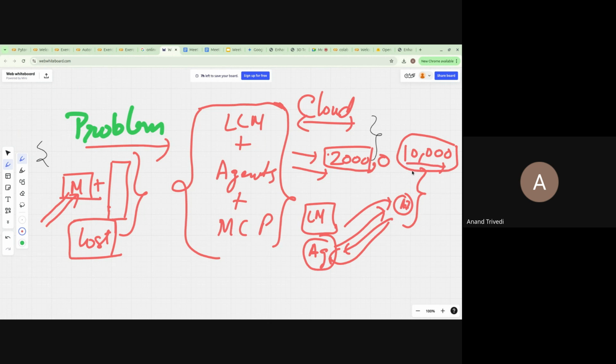In the other case, if you had done the problem solving properly, your monthly hits would have been 20,000, or maybe 30,000, max 40,000. This is very heavy usage, ideally. But yes, what is happening? People don't want to train anything. They just want to pay. We don't want to spend anything, we just want to pay here, right?